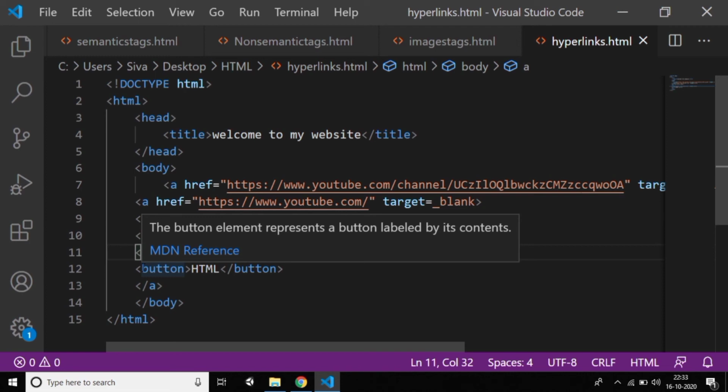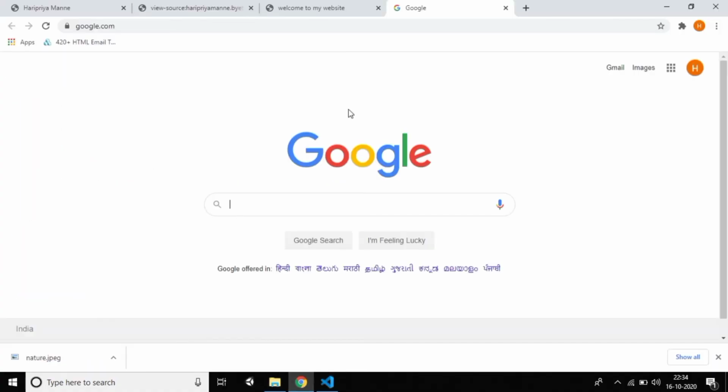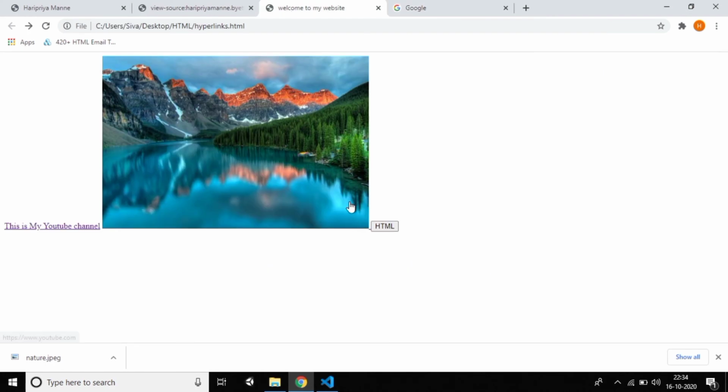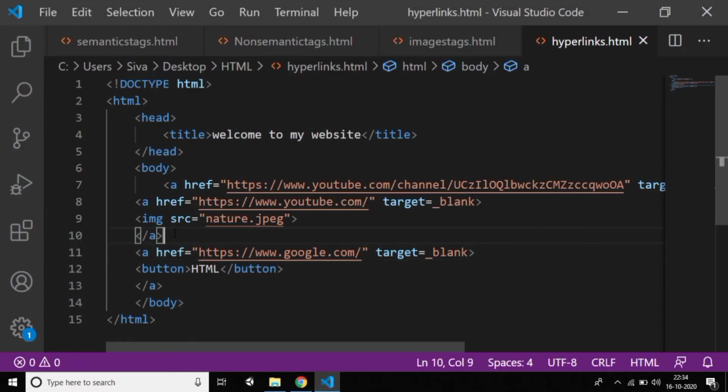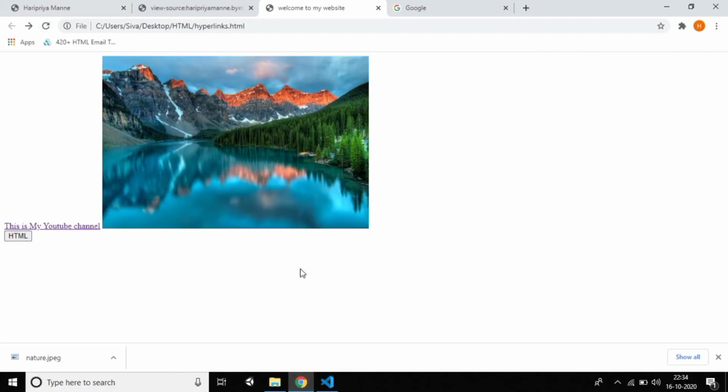If you want to increase the size of the button, generally you can see that the buttons are side by side. If you want, you can give a br tag, that means break. Press Ctrl+S and observe. Do you observe that it was breaking? If you want the button size to be increased, you can give height and width. This is all advanced, you can try that. I'm telling the minimum basics of HTML.